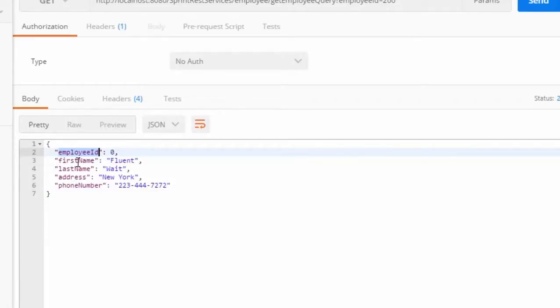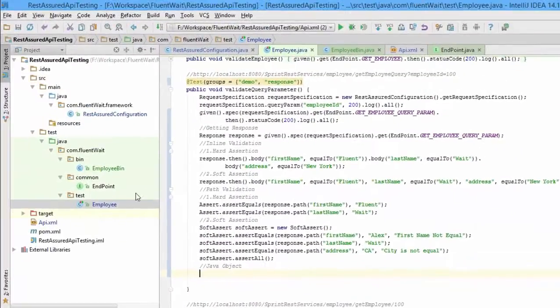Currently our response is something like this: the employee first name, last name, which is a very simple response. There is something called serialization and deserialization. We are going to do the deserialization as a part of this response. Whatever JSON response we are getting, we are going to deserialize that response into our Java object. For that, we need to create a similar kind of Java object which will have a mapping between the JSON response